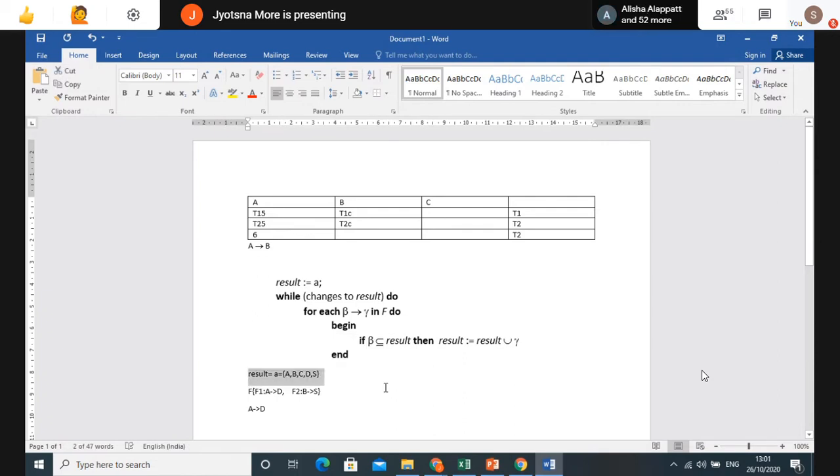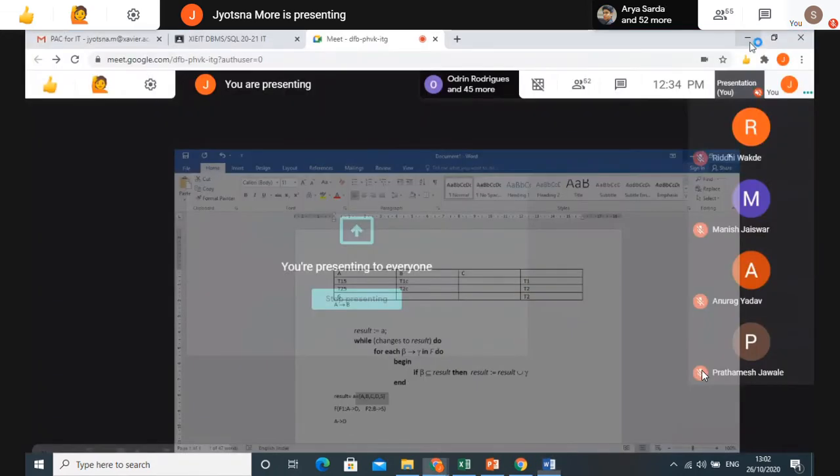After this, I am not getting anything because only two functional dependencies they have given. With this, A determines D, D determines something is also not possible with any logical rule. So I am getting here attribute closure is this. Clear? With example. So that is about the attribute closure.